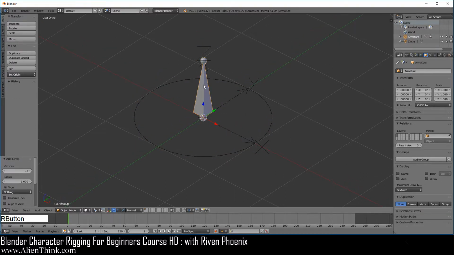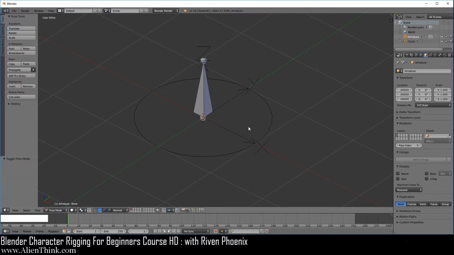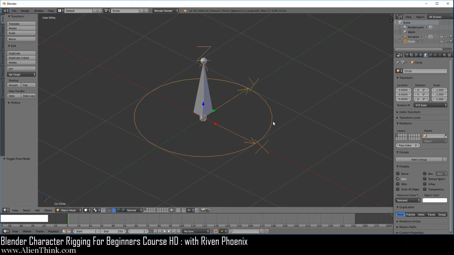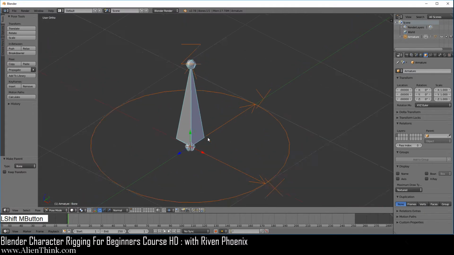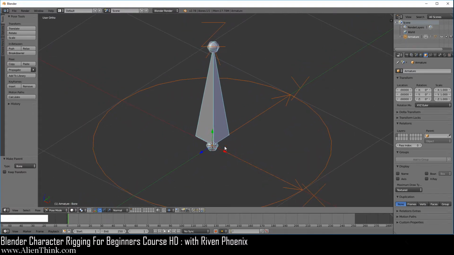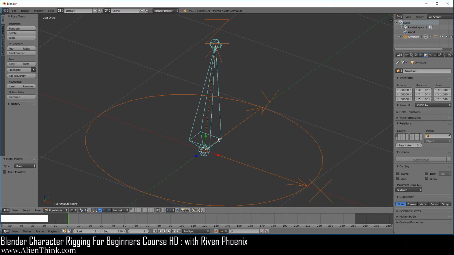Now go ahead and click on this bone and switch to pose mode. Now you already know what's going to happen, right? If you click on this object, press the Shift key down and click on this bone, do Control P and select bone, you'll see that the relationship line is going to go from the origin of the circle all the way to the tail. The only way to see this is press the Z key. And if you rotate a bit, you can see that it's behaving the same exact way.